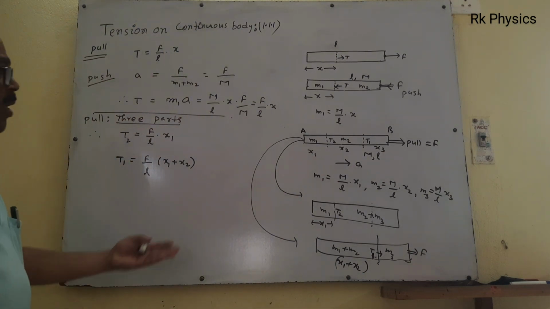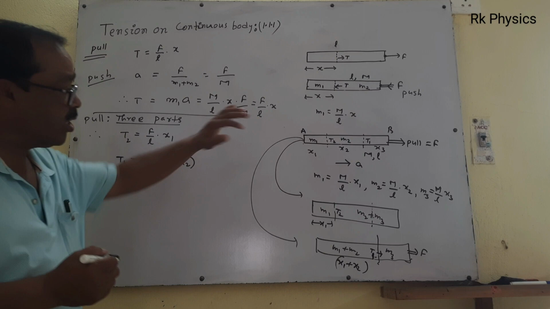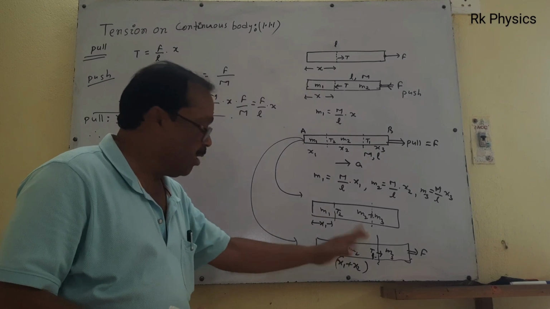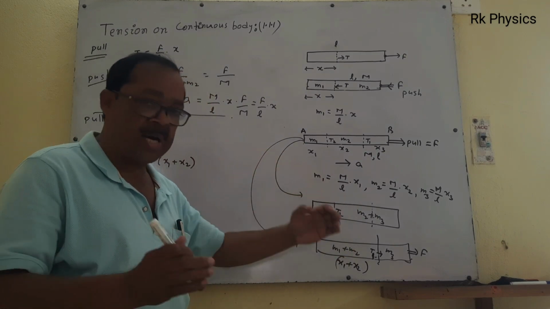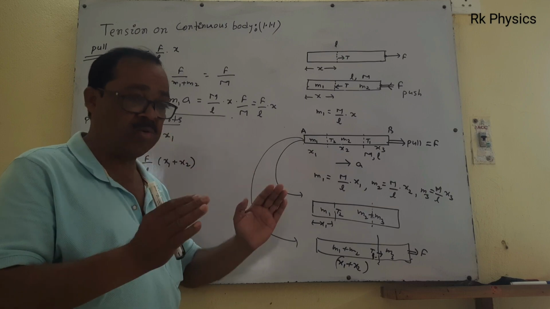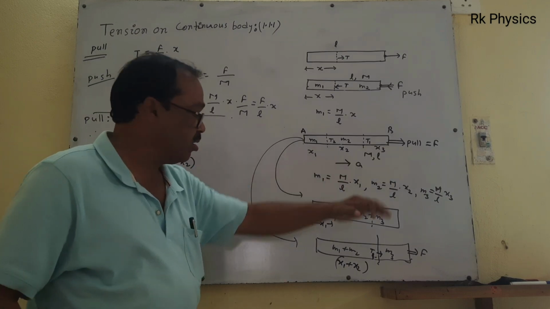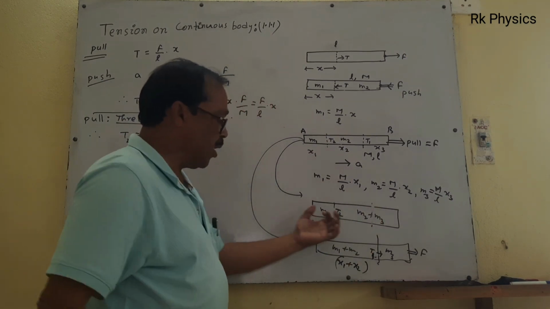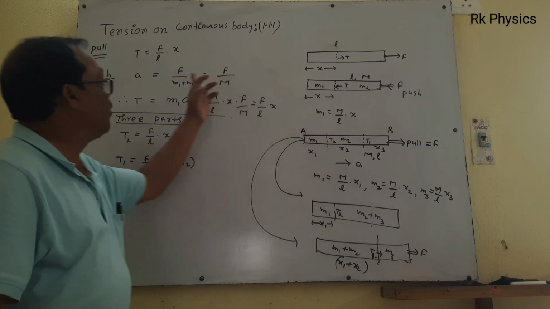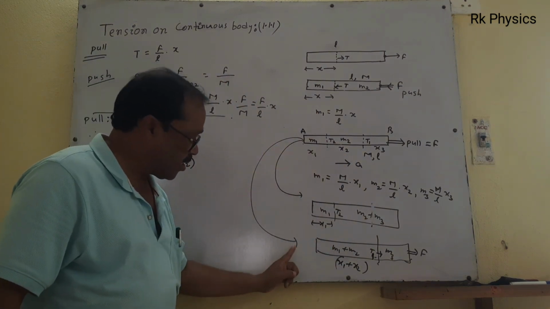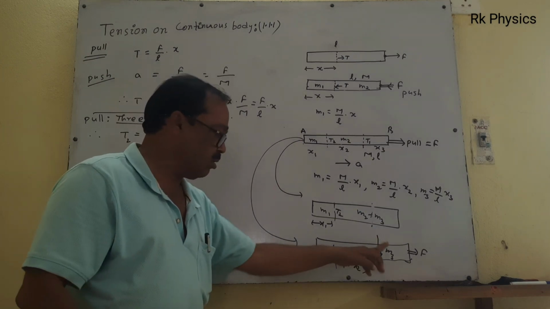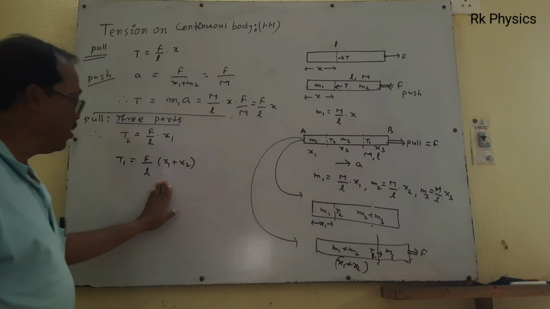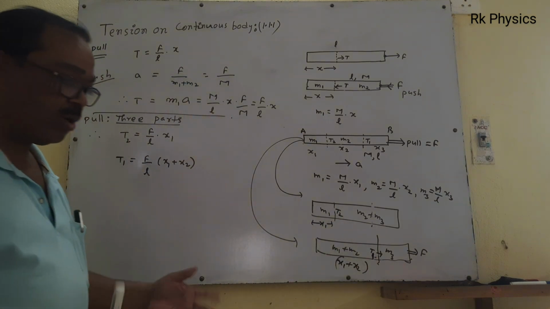No derivation now; first we have derived something. If you use this type of trick, it is possible to calculate the tension at each and every section, however many parts you take. First imagine one section, M1, and the rest, M2 plus M3, as the other. Use this formula. Then take the second section as M1 plus M2, with M3 in the other section. So it is possible to calculate tension at two places. You can prove it by the classical method also.